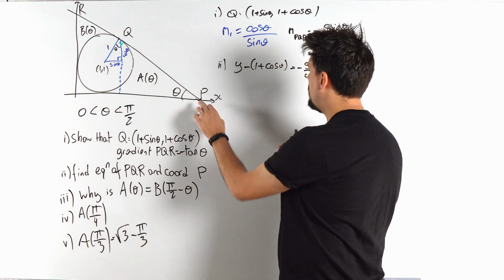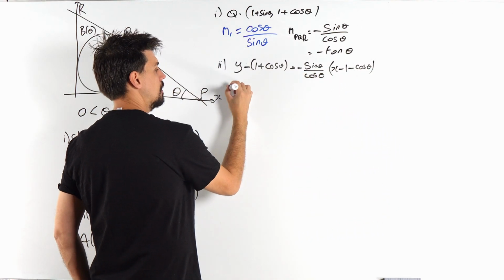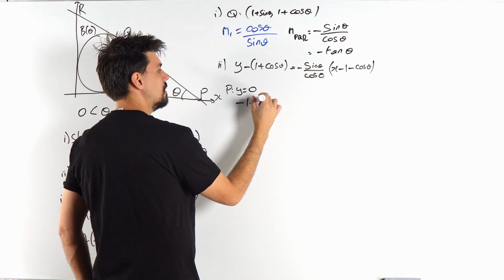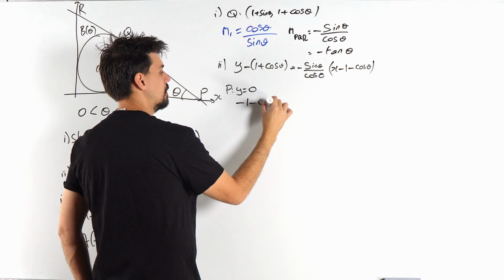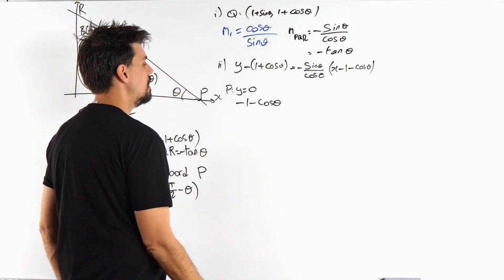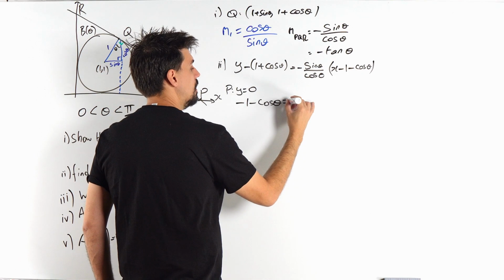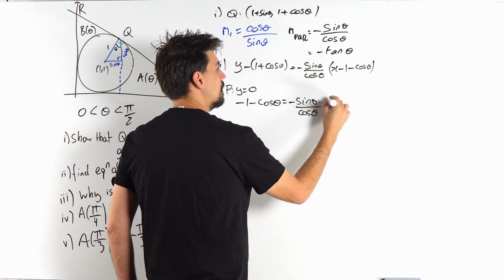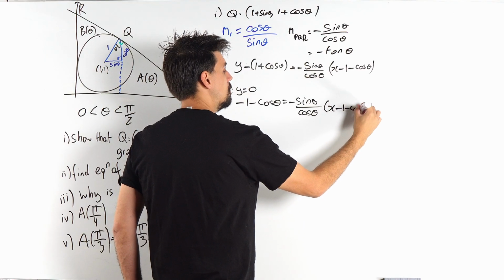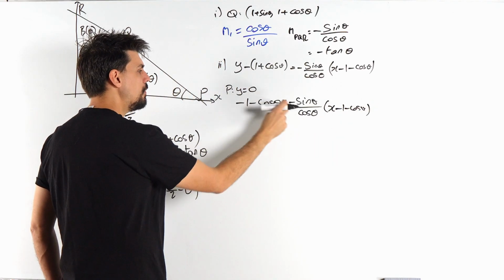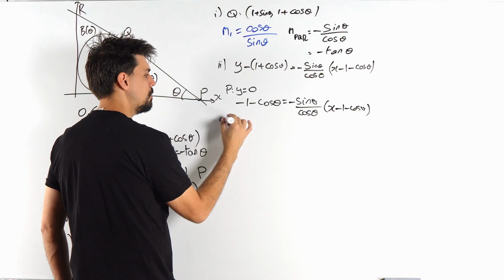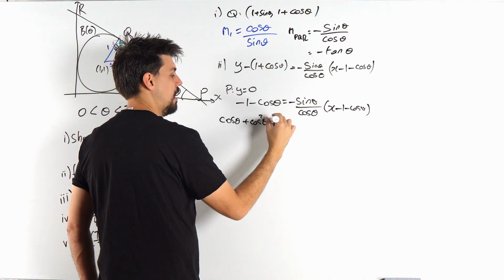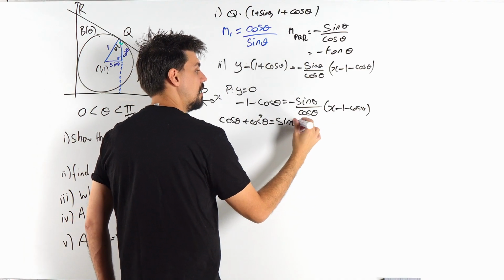We want the coordinates of P. Well, at P, y is 0. So we end up with minus (1 minus cos theta) is minus, or negative, sine theta over cos theta times (x minus 1 minus sine theta). Now we're going to multiply things up. I've got minuses all over the place. Let's multiply everything up. Cos theta plus cos squared theta, multiply this out, is equal to sine theta